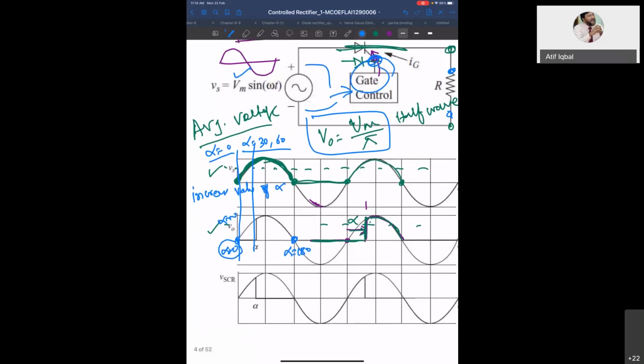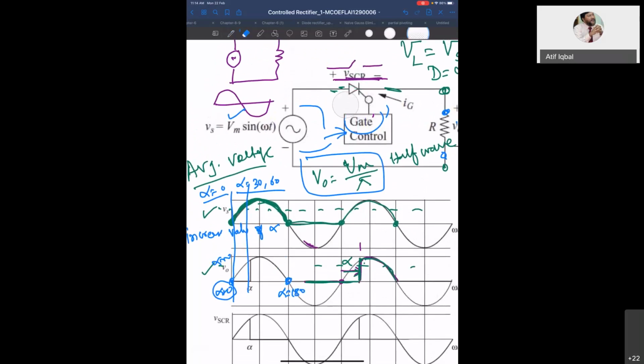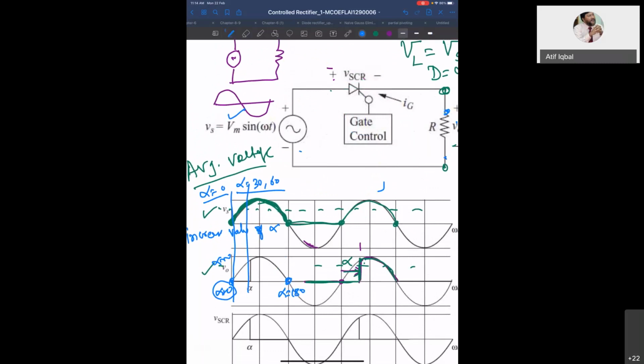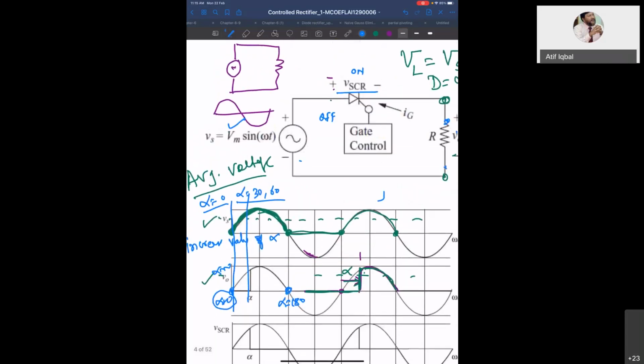Okay. Now let us see what is the voltage across the SCR when it is operating and when it is not operating. Tell me, what is the voltage across the SCR when it is on? What is the voltage? 0. It is 0. What happens when it is off? Full source voltage. Not reverse direction, it could be any direction. But when it is off,